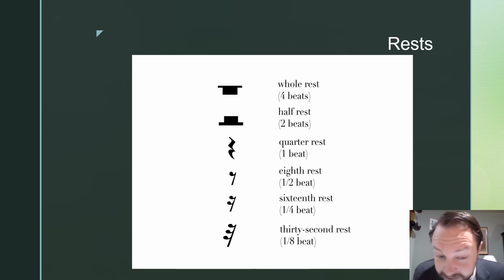Okay, rests. Rests are also very important in music. If you remember back to day 1 of the class, remember when we used to go to school? Remember when we used to go into a building to have school? Well, back in those days, we talked about